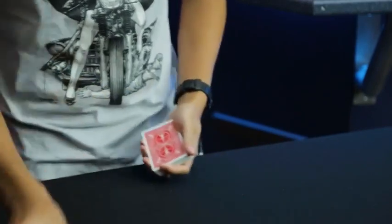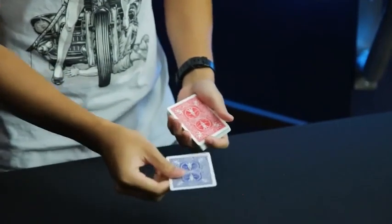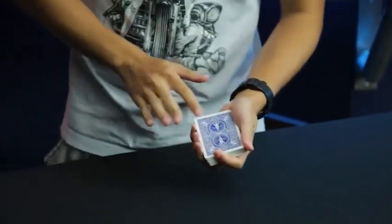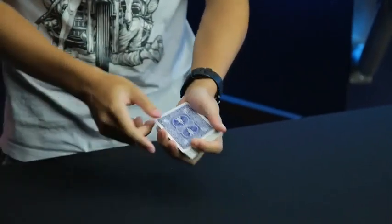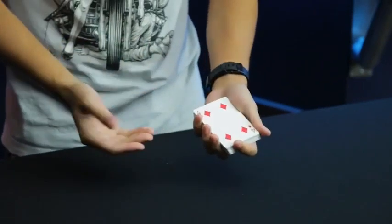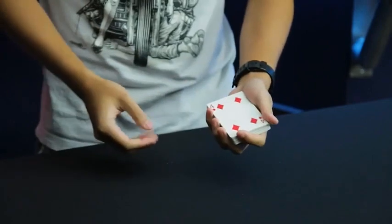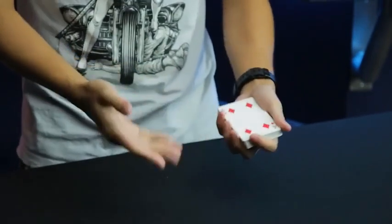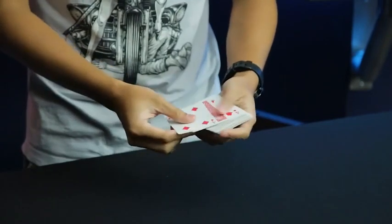So once I have that break, and they're checking out the card and making sure that it really is their card, I'm going to take it back and say, look, now it looks like the card is blue. In fact, it feels like the card is blue. But actually, this wouldn't work with my deck. I can't just have a blue card in a red deck. So we're going to fix this. Now, before you hand this off, a nice little subtlety is to actually show that the entire deck is red. So let me take it back from here,